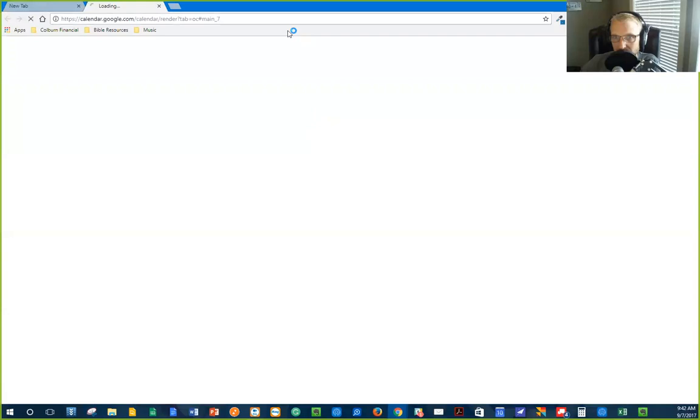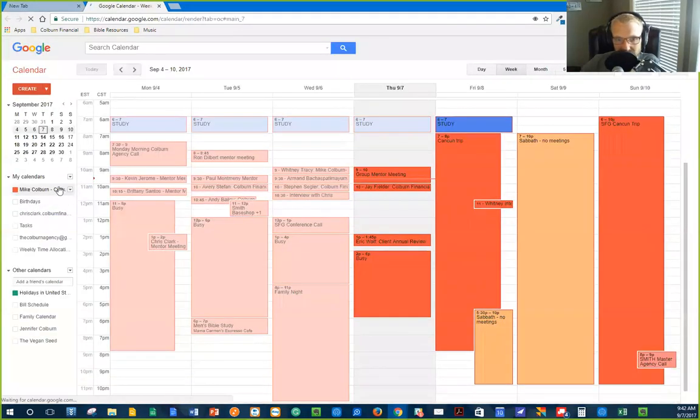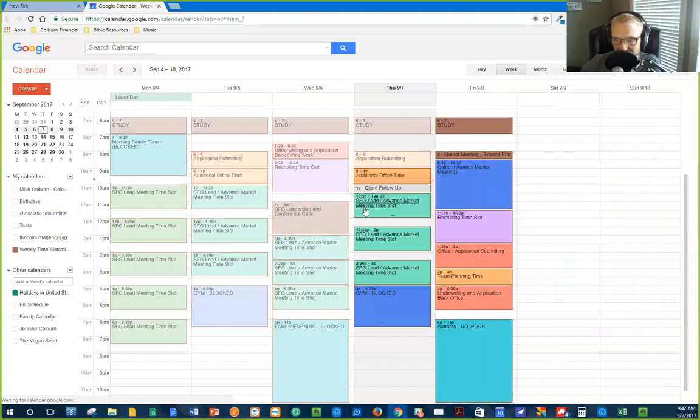I'm going to show you one of my calendars. This weekly time allocation is what I had when I was in the field. One time a week, I scheduled 30 minutes to make sure I'm following up with clients. It doesn't take a lot of time, guys, but block in 30 minutes where all you do is text clients: Hey, want to let you know how this case is going. Follow up, send emails, call them if you need to. Just spend some time on a weekly basis continuing to interact and follow up. If you want to reduce the amount of fall-offs and chargebacks, do this.